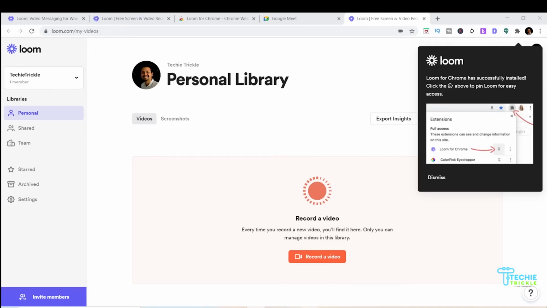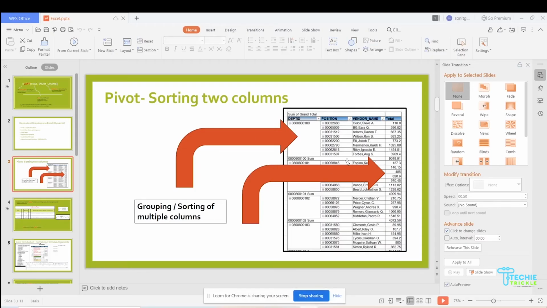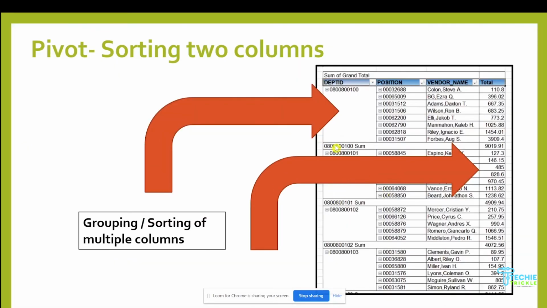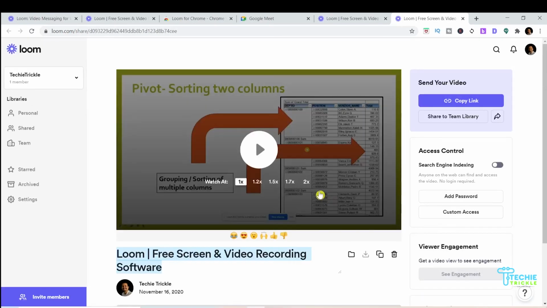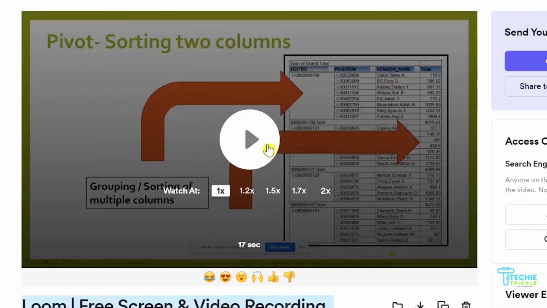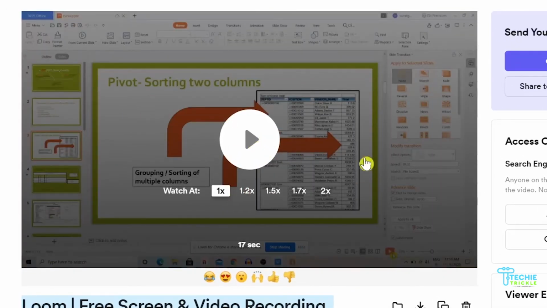And then if this is the video that I would want it to take up, this is the way you can have a recording done for your students, where you go ahead and present to them, or you can create quick tutorials and such. So now I would do stop sharing, and then I would come back here and click on finish recording. Just see what happens. So here is the stuff. You can see that Loom has already created the video that I tried to take up.